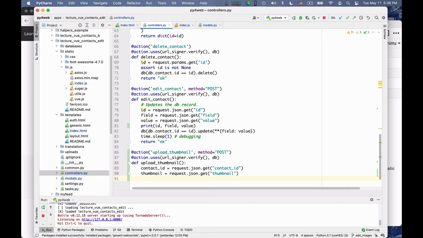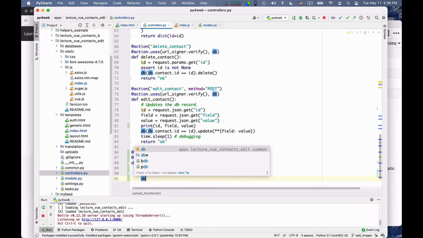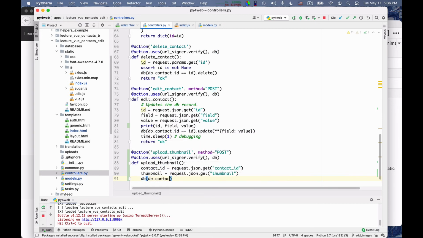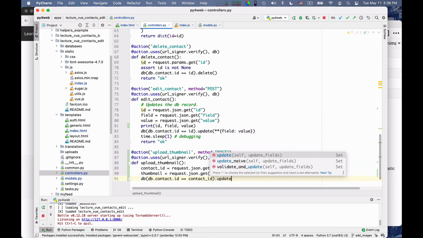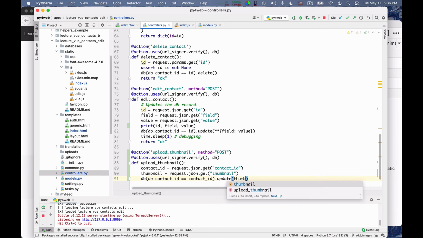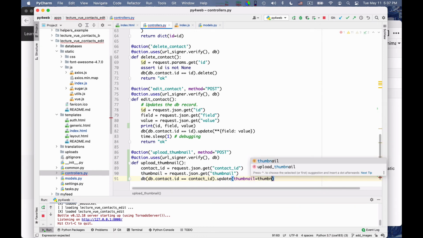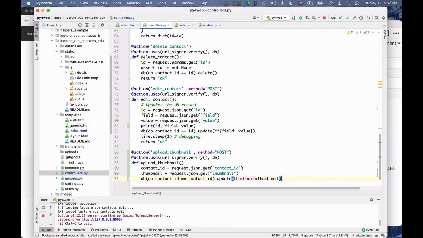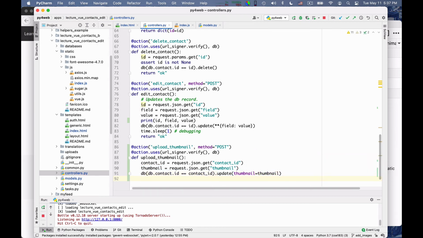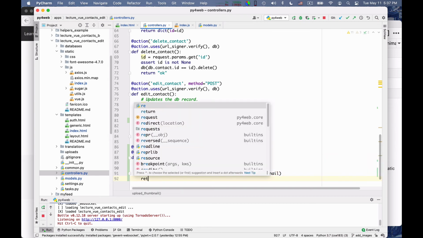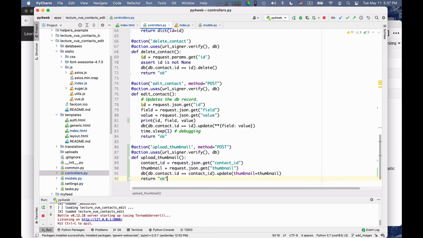I know that the contact exists because otherwise we're in trouble, and so I can just write db contact ID is equal to contact ID. Okay, update, and the update simply says thumbnail is equal to thumbnail. So this just updates the app thumbnail, and then I return okay. That's all there is to it.